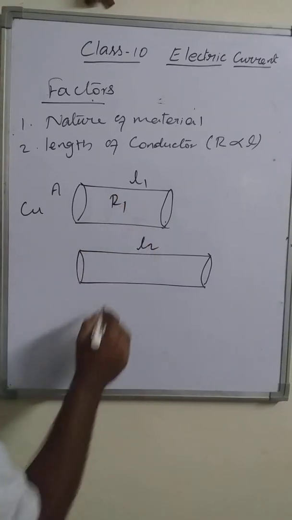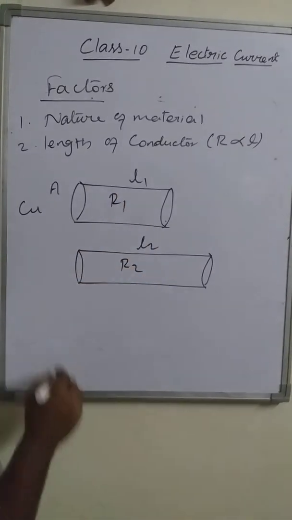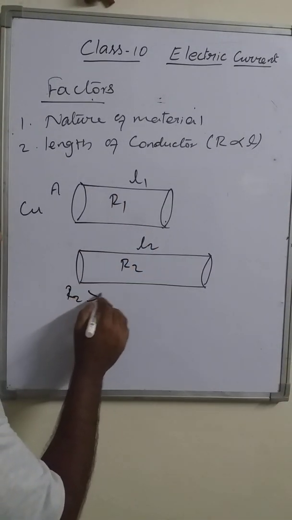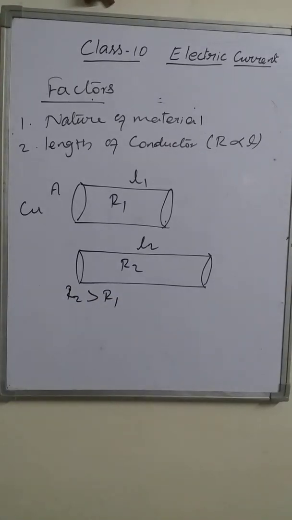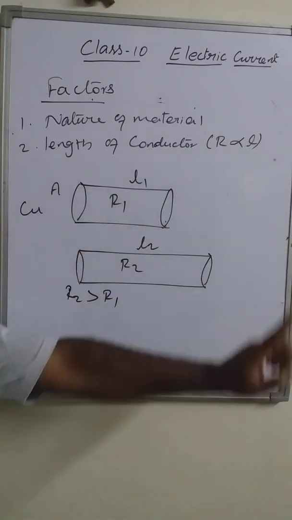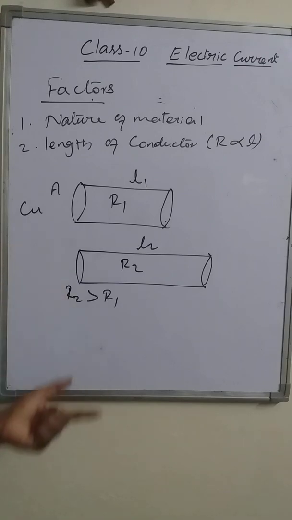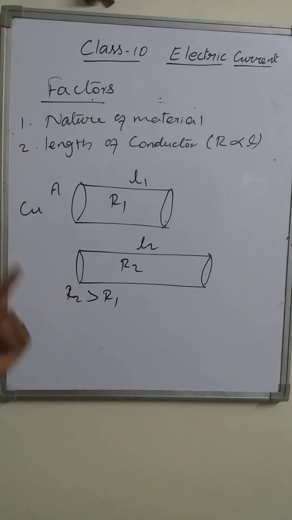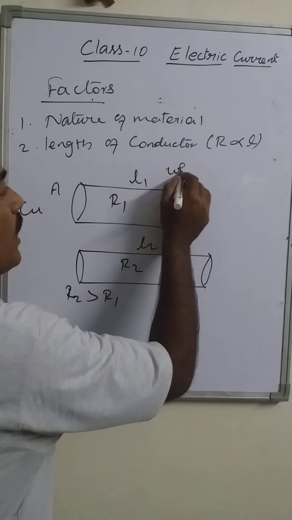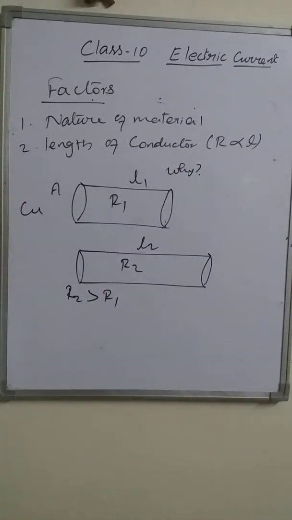Resistance for the first conductor, resistance for the second conductor. Resistance of the second conductor is greater than resistance of the first conductor. So by increasing the length, the resistance also increases. Why is it increasing? Because